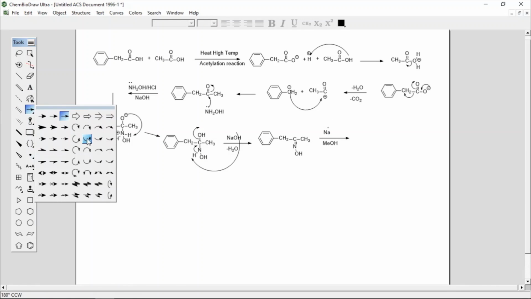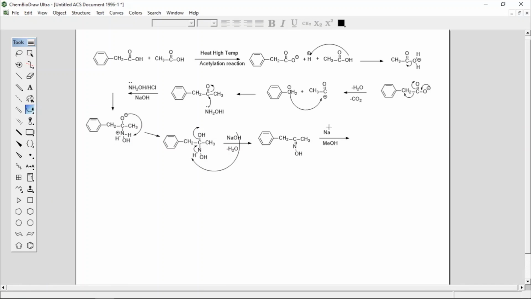So it will give its electron to this carbon carbon double bond. Then this double bond will break. The double bond has one pi bond and one sigma bond, so the pi bond will break, the bond pair shifts on nitrogen, so negative charge on nitrogen and one electron on this carbon. So the next structure will look like this.